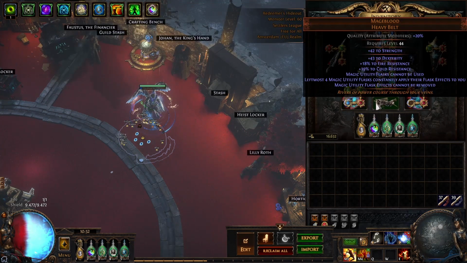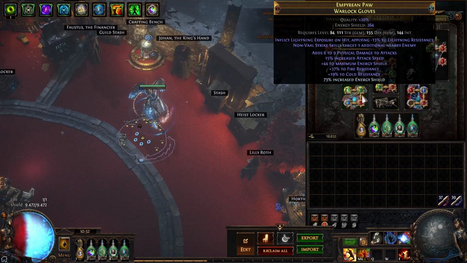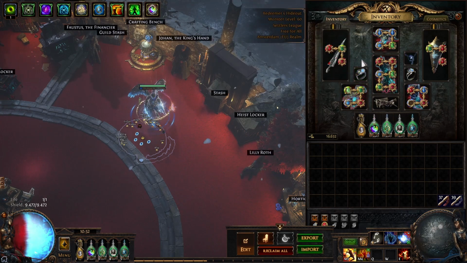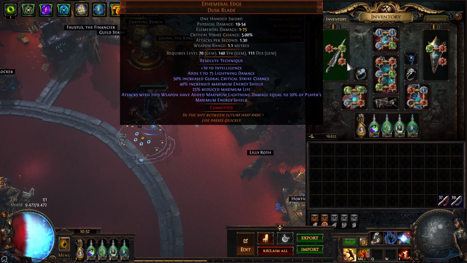I went ahead and bought a Mage Blood because it was the first time I had the opportunity to play with a Mage Blood, especially that early in a league. And then I just bought a ton of gear for a build that I'd been looking at last league but never got to play. So I was like, okay, let's try it this league. It's basically a Trickster Flicker Strike build